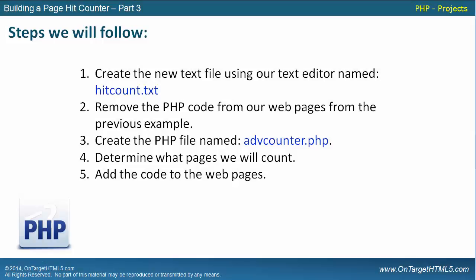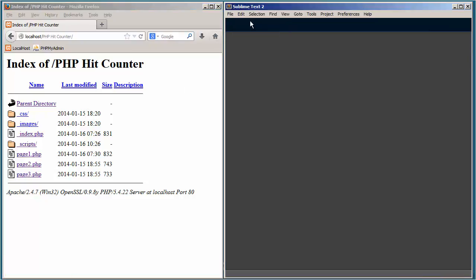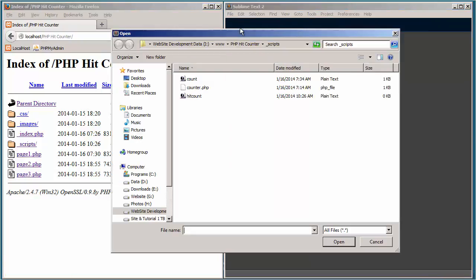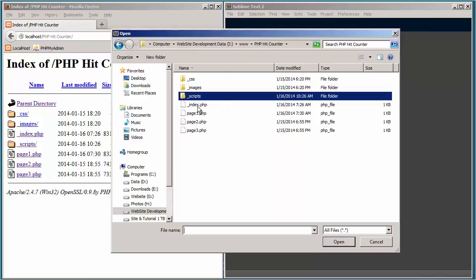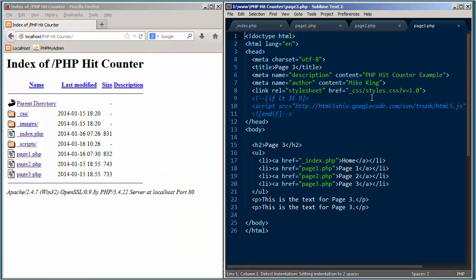So the next step in our process is we want to remove the PHP code from our web pages from our previous example so we can begin to set them up for the new counter that we're developing. So let's go ahead and get rid of this presentation. Let's close out our hitcount.txt. Let's open up all of our files from the previous examples. Now I've got my index.php, my page 1, page 2, and page 3, and I want to go ahead and pull out that PHP code,